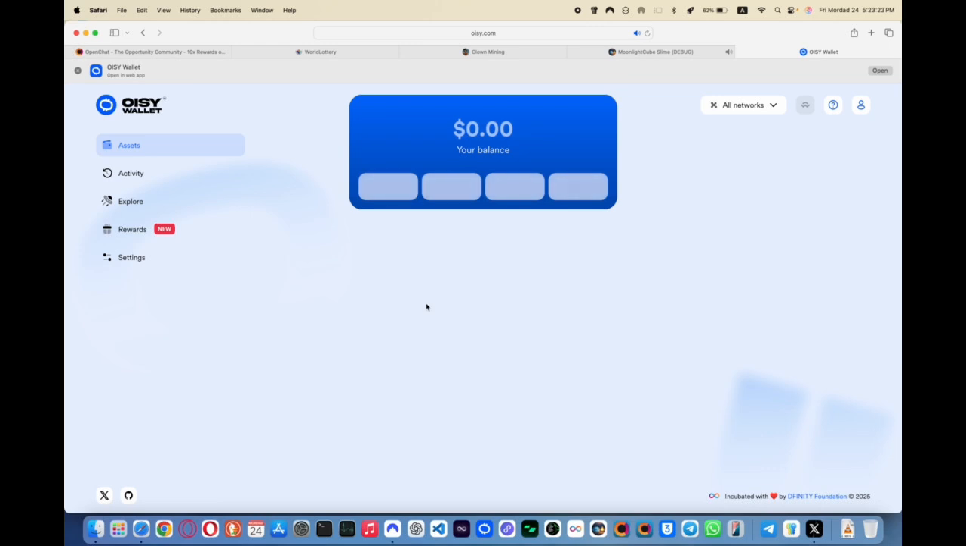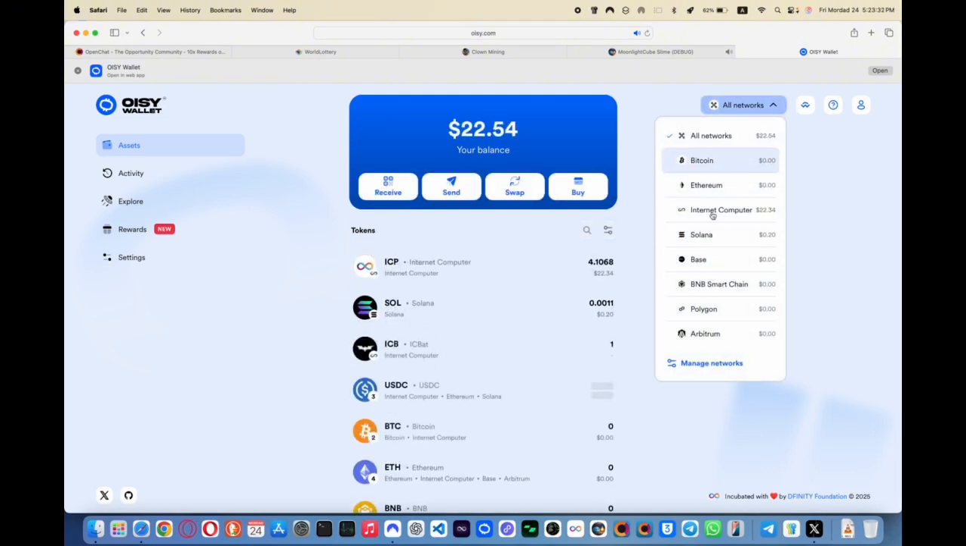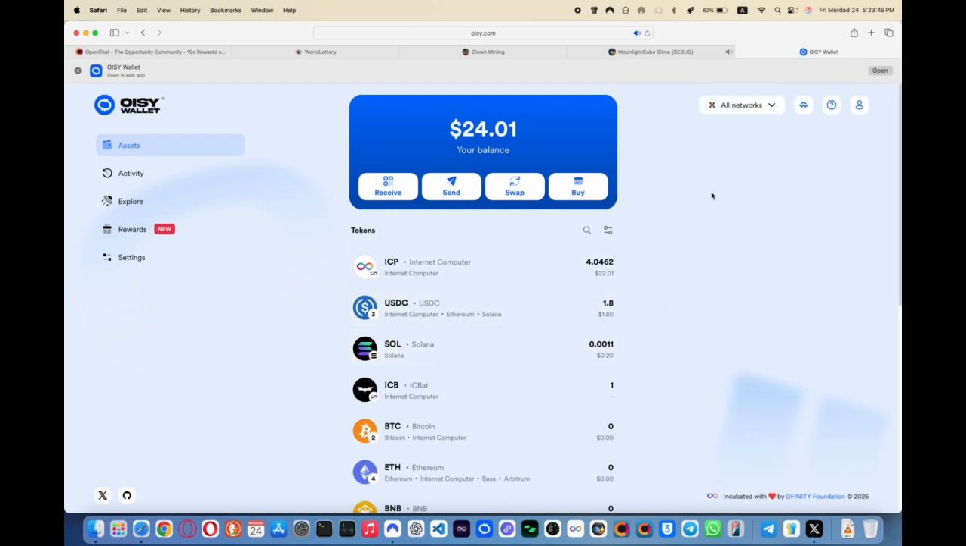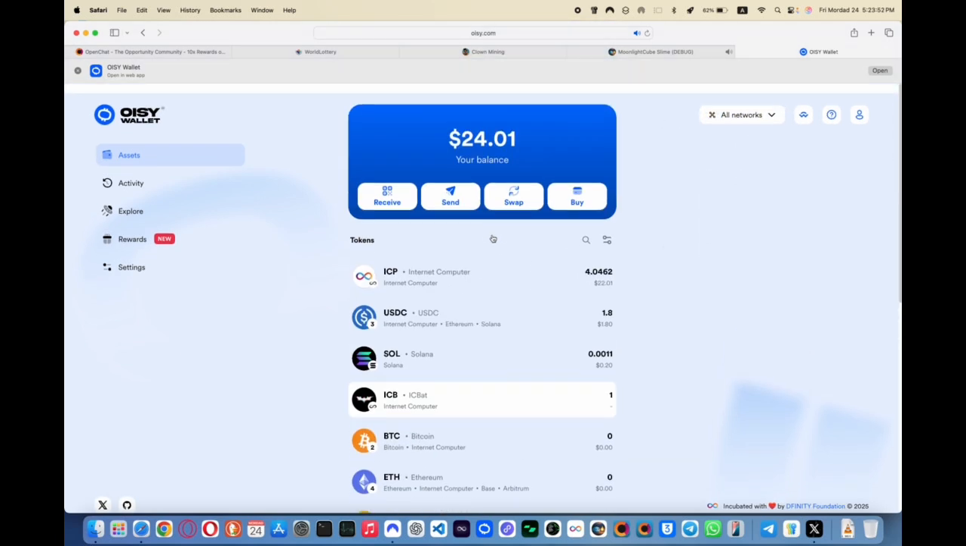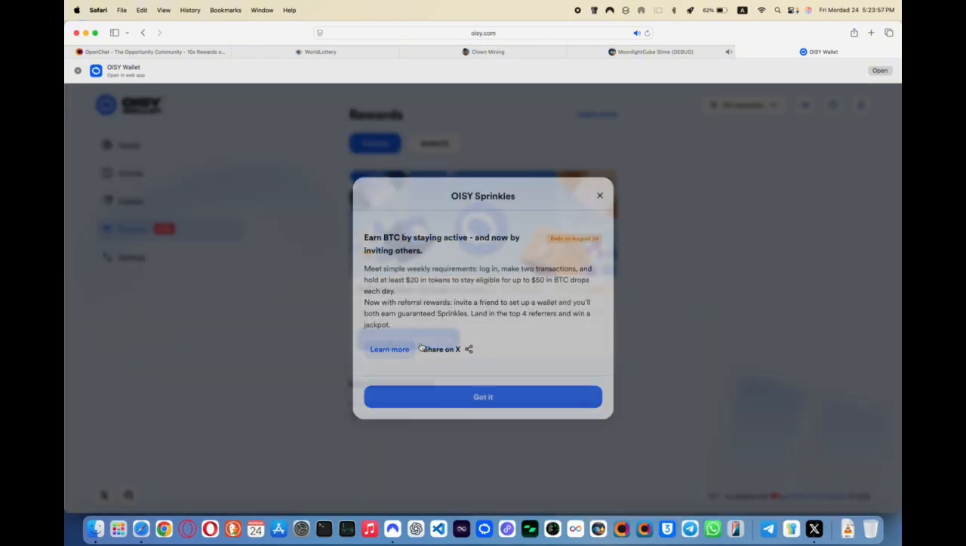So what Oisy does, Oisy is a wallet which supports basically most chains like Bitcoin, Ethereum, Internet Computer, which it was made on, Solana, Base, BNB Smart Chain, Polygon, and Arbitrum. So you could send any of those to your wallet here, and if you got above $20, and you have